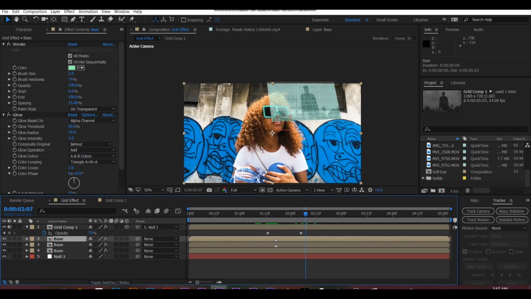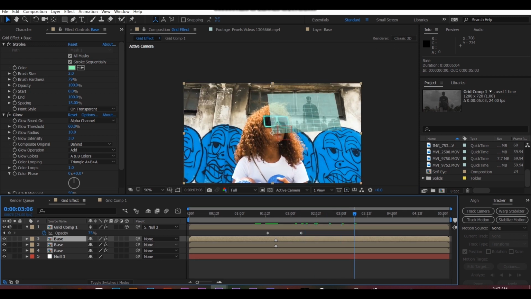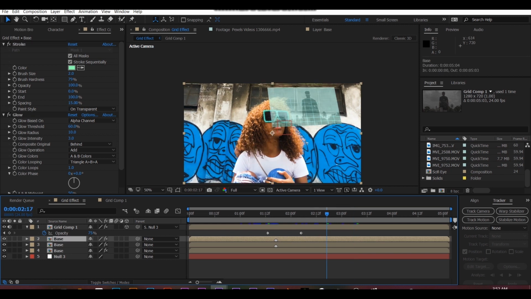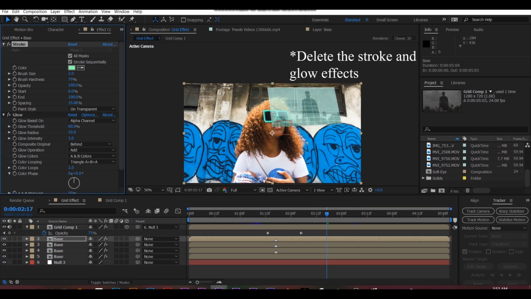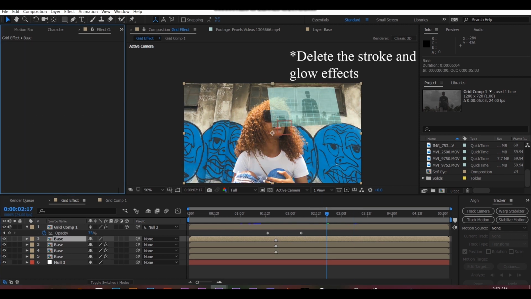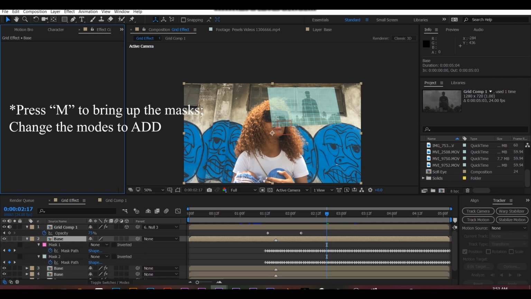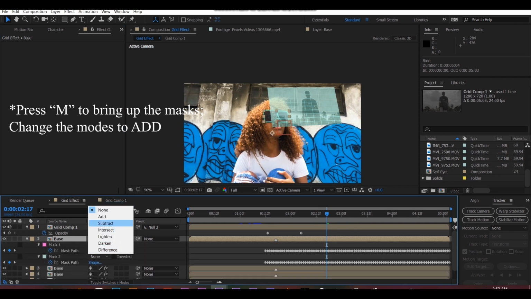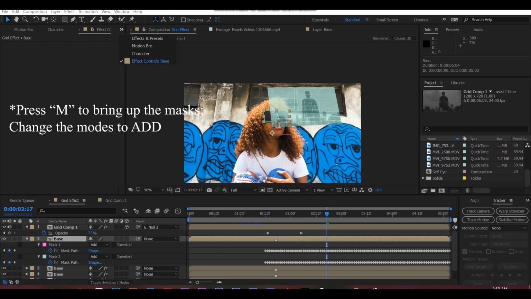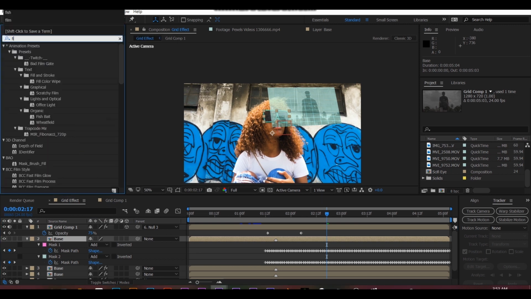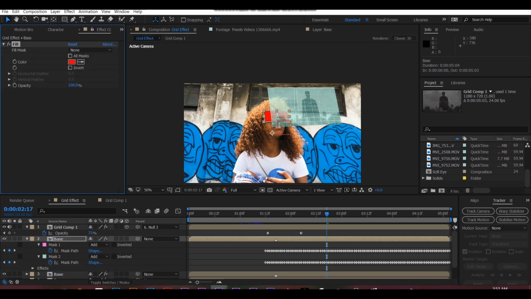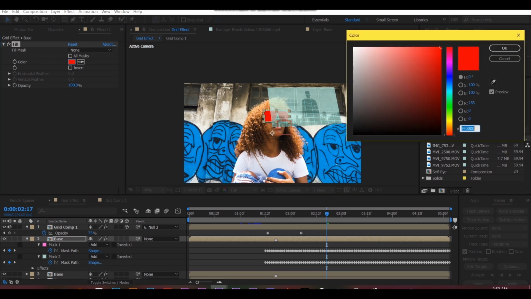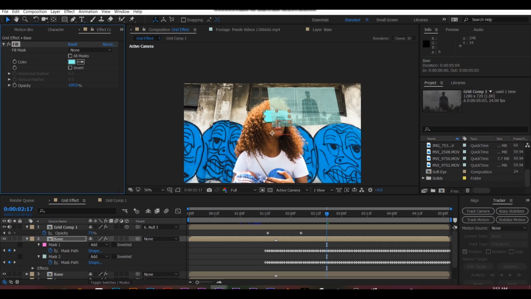It syncs. And so once you're done dealing with all of the opacity syncing, you will now have to duplicate the layer again and then delete the stroke, and then you go to the masks on that layer and set both of them to add. You change them from none back to add, then go back to effects and presets, search for fill, apply the fill. And so the reason why we're setting it to add is so that the fill will show within the places where we masked in the glasses,